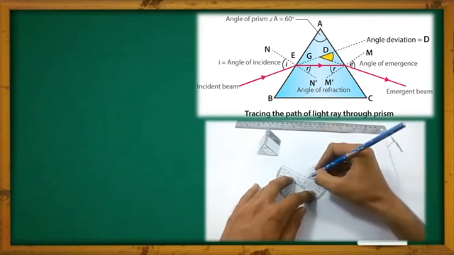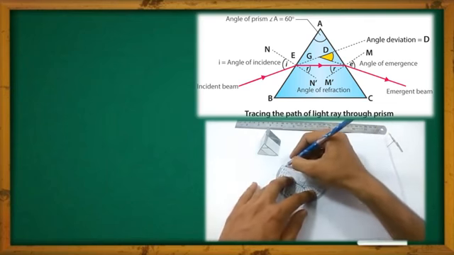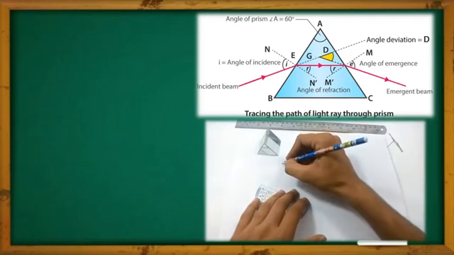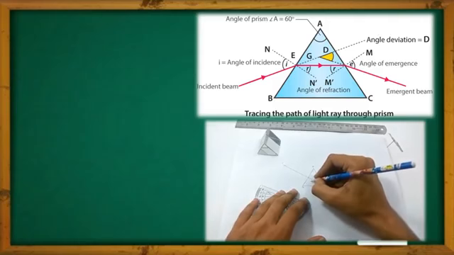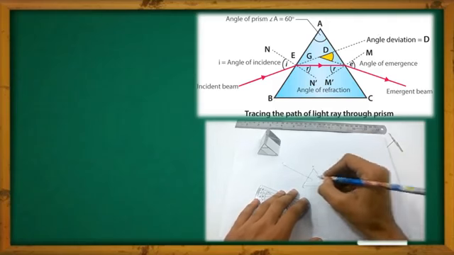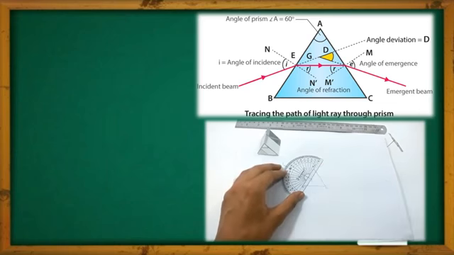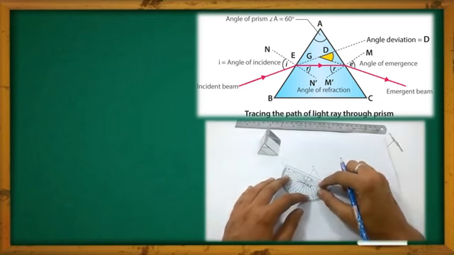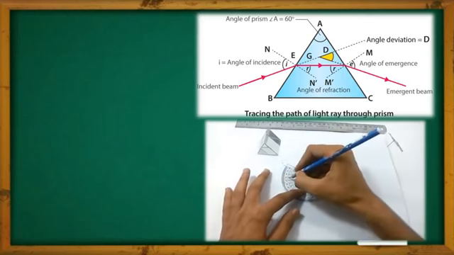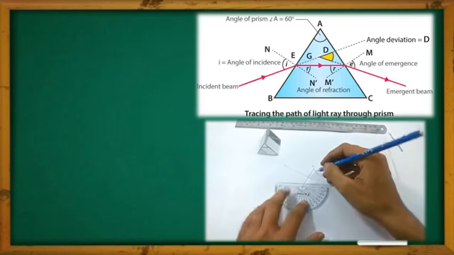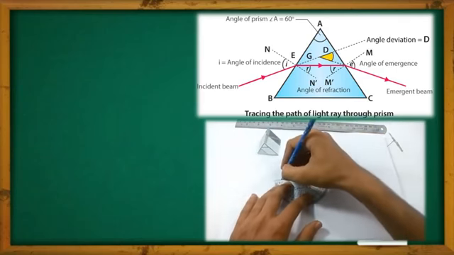Now join the 2 points with the help of a scale or maybe the protractor. Now drop a perpendicular that you can name N dash, or any other name you like. At that point, again put your protractor and check that it is a perfect 90 degrees, and then use the protractor to measure an arbitrary angle which is less than 90 degrees.